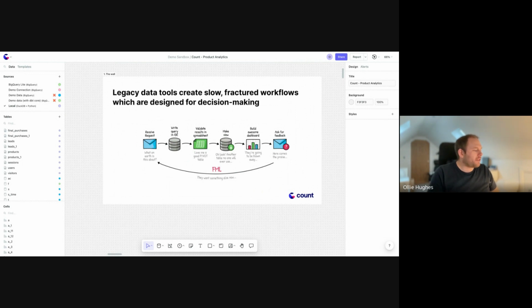Really, this comes down to the fact that a lot of the BI tools that we have, be they generic BI tools or even product analytics specific tools like Amplitude or Mixpanel, are designed for operational decision making rather than strategic decision making. Put simply, they are designed to give access to a number and answer simple questions. They're not designed for helping a product team go through their full product development cycle with hypothesis testing, measurement, and exploration, which involves multiple stakeholders and a natural degree of iteration.